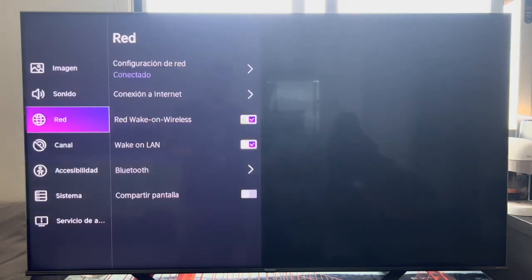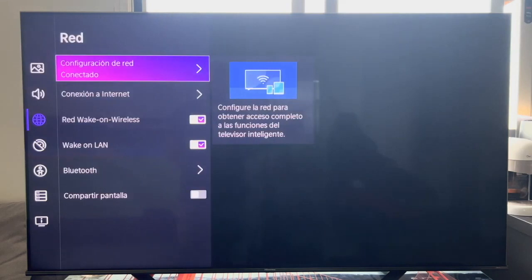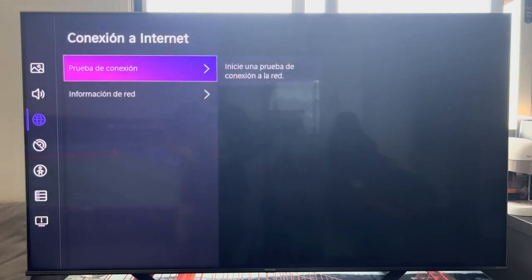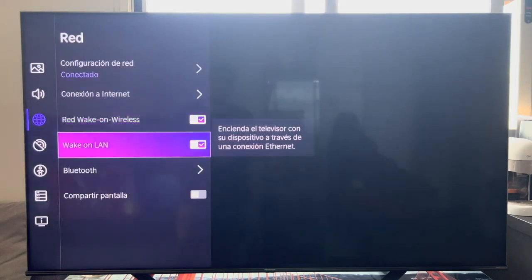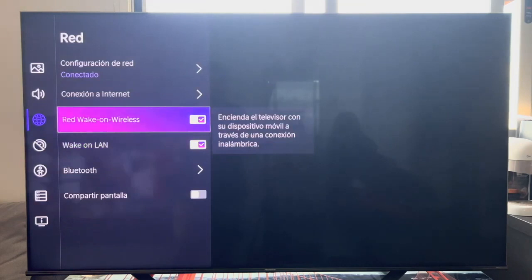We continue with the network section, where we will be able to configure the internet of the television. We will be able to configure it by Wi-Fi or cable. Perform connection tests. Then we have these two options that you are seeing here, wake on wireless and wake